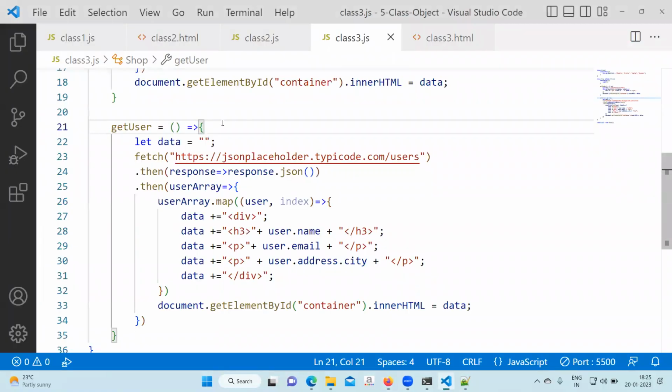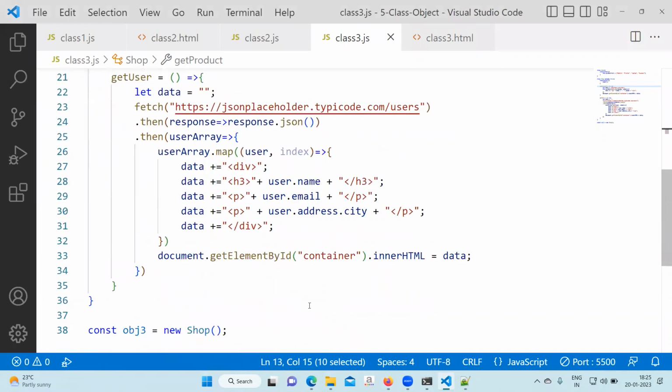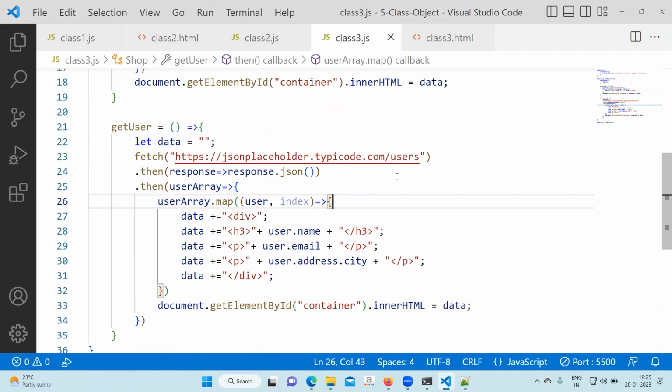You can also create one button and on button click call this function getProduct. So add one more button and on click call this function. In the HTML file, create one more button and on click call getProduct, obj3.getProduct. We remove the onload, sir? Onload, let it be. After that, create one more button. Button click, you call the